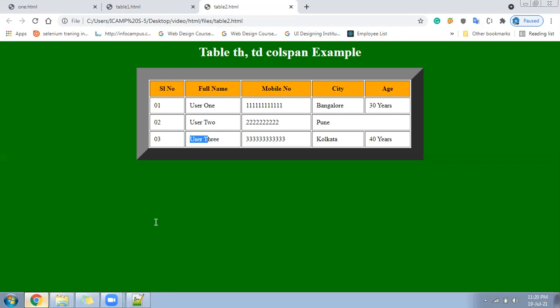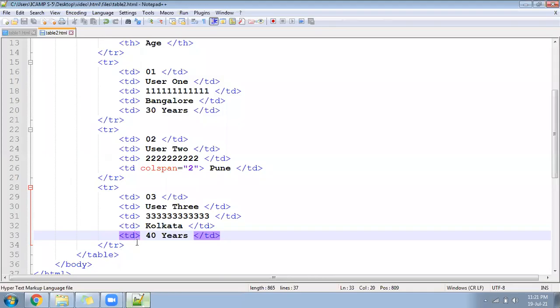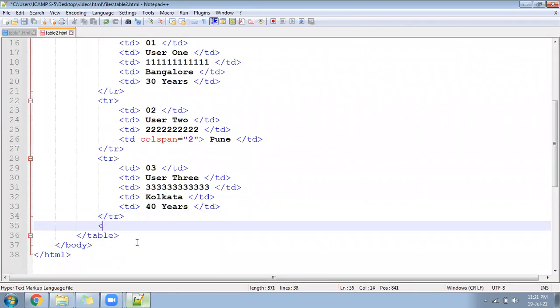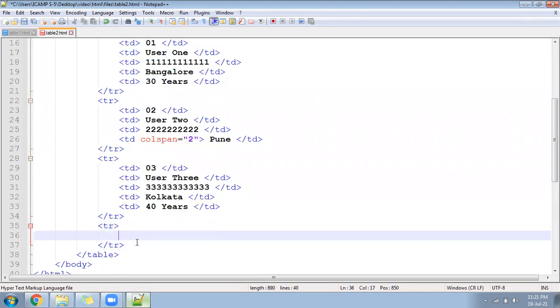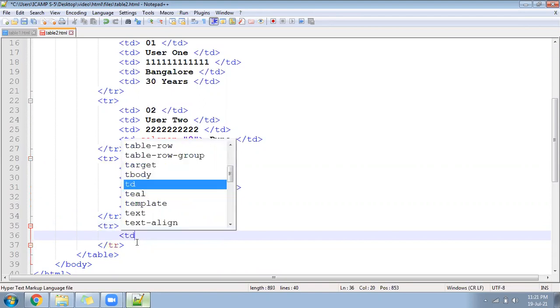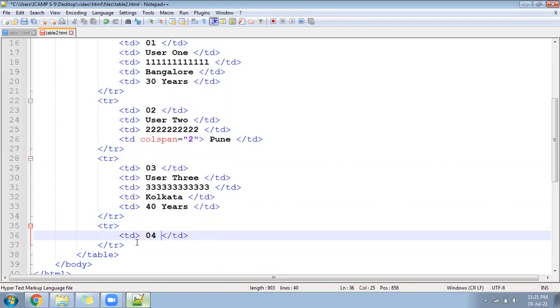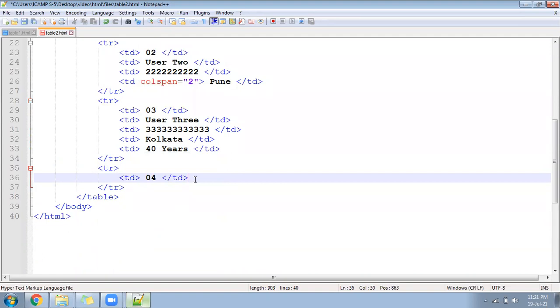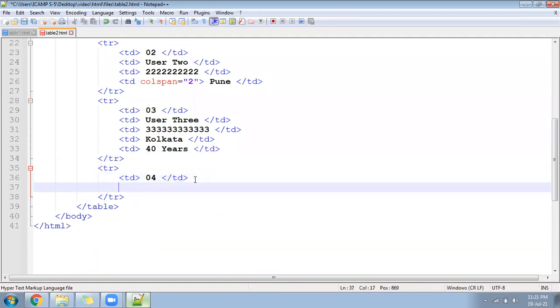Let's come back to the code. User number 4 has not given other details. He has given only the serial number and name. So user number 04, he has given only name, and remaining details he said I will fill later. So I will write here user 4. Then how will you represent his details?